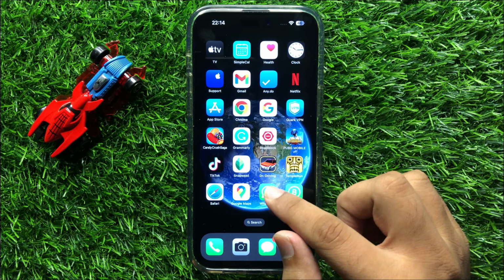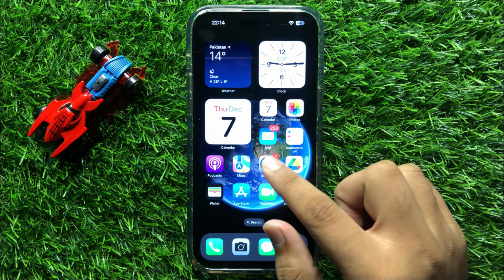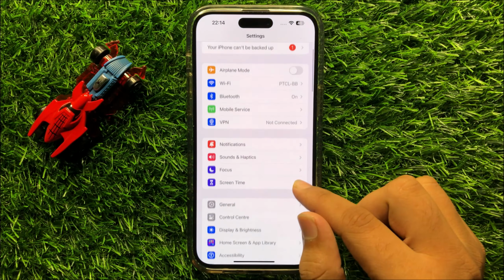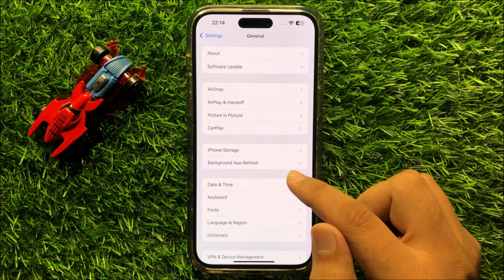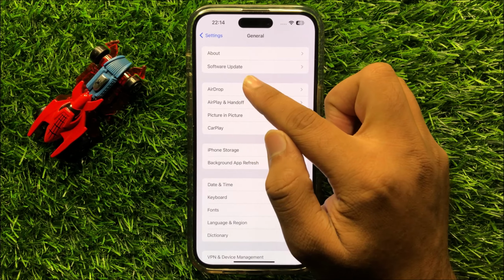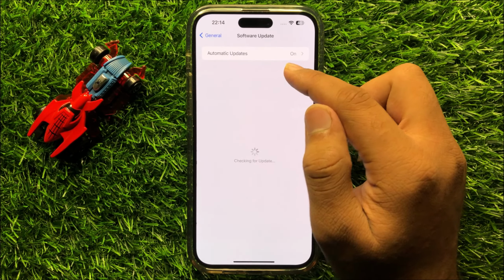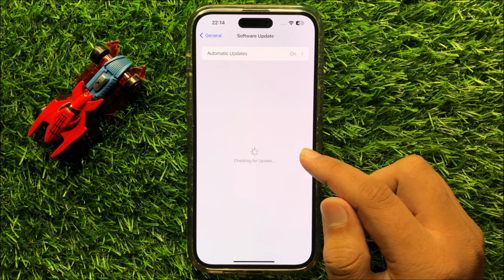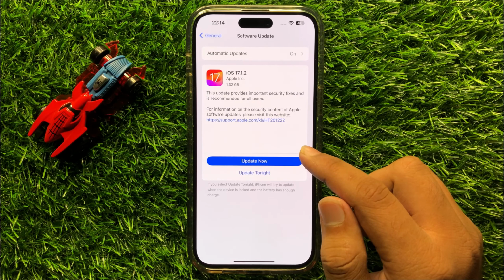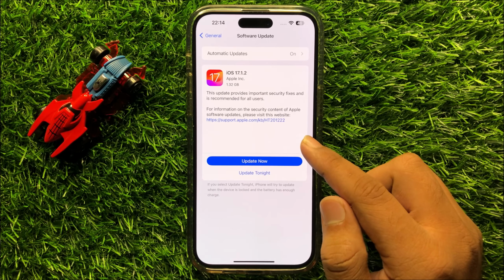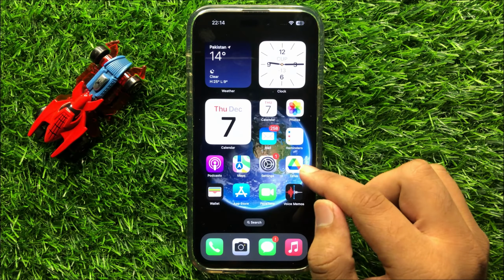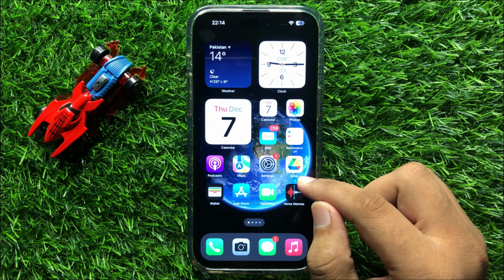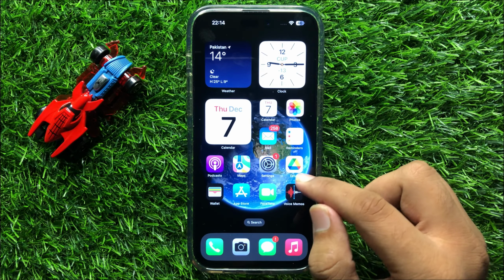So to fix this issue, first of all open settings. Now in settings, scroll down and here click on general. Then here click on software update. And from here check if your iPhone is updated to latest iOS version or not. So if your iPhone is not updated, then update it to latest iOS version, and after that it will fix your problem. So if it doesn't fix your problem, then open settings again,